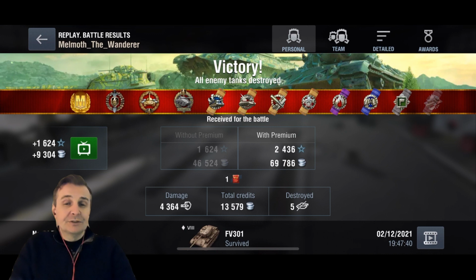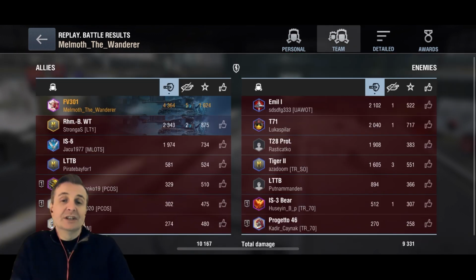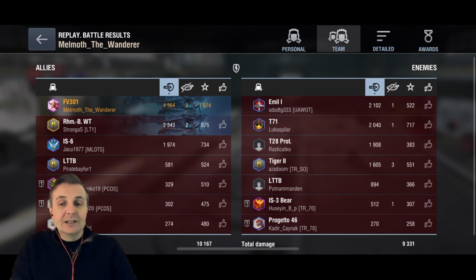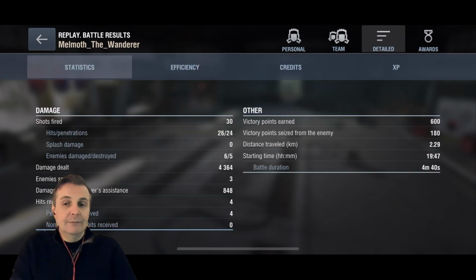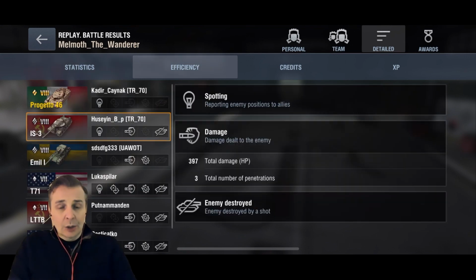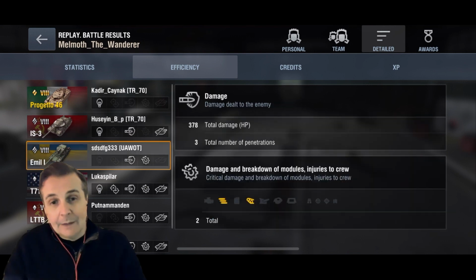So there we go, almost 4.5k of damage with a tier 8 light tank is pretty impressive. That would be impressive even with a tier 10 light or medium tank. You can see a bit of a carry. Myself on the rim did basically almost all the damage on our team. But what's really important and what's really good to note about this game is